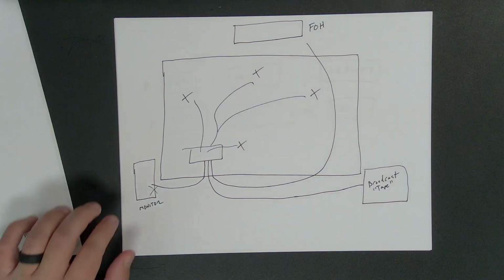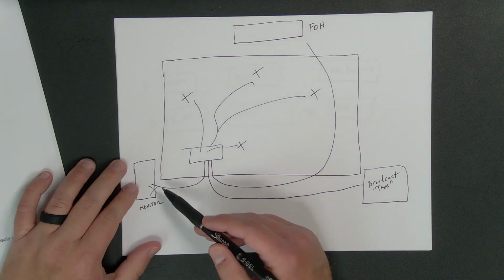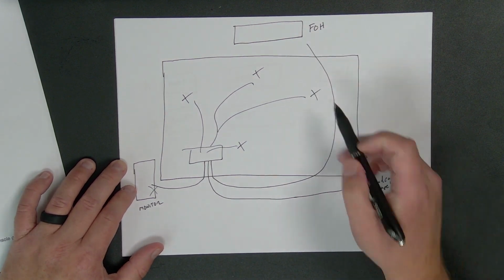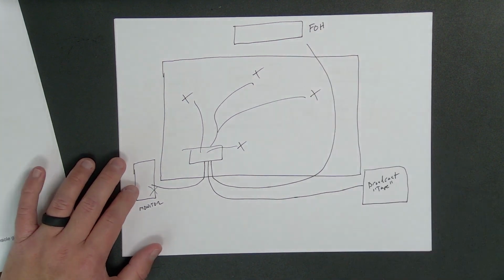But there's a scenario where you could say, okay, we lost monitor world. Well, let's just switch over to front of house, and front of house can do in-ears and can do monitors. Now, it's not ideal because, again, that concept of division of labor means let's let each task specialize in its specific role. But redundancy, again, is super important, whether it's just splitting that task across different things and if one of those